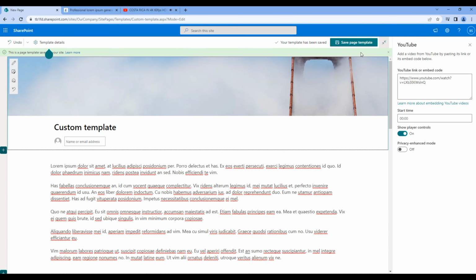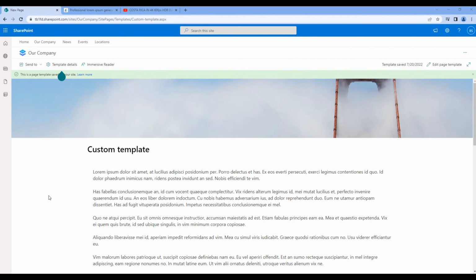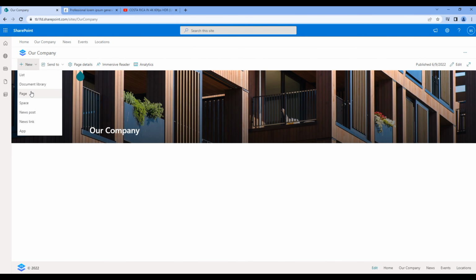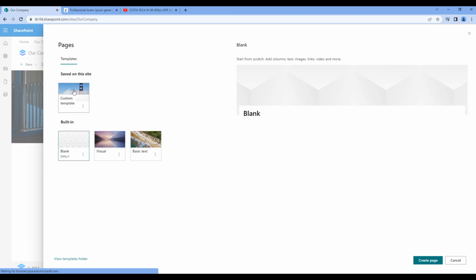Once happy with the template, click Save Page Template. Now let's create pages using this custom template. So go back to our company, click New, Page, choose Custom Template,